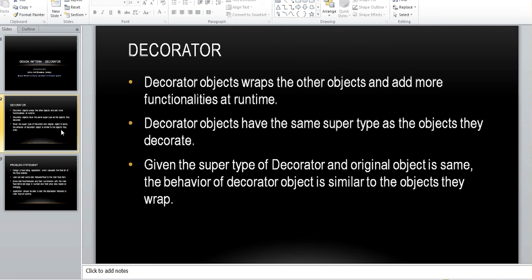So decorator objects wrap the other objects and add more functionalities at runtime. Decorator objects have the same supertype as the objects they decorate. And given the supertype of the decorator and the original object is the same, the behavior of the decorator object is similar to the objects they wrap. So I'll try to link this with a scenario,